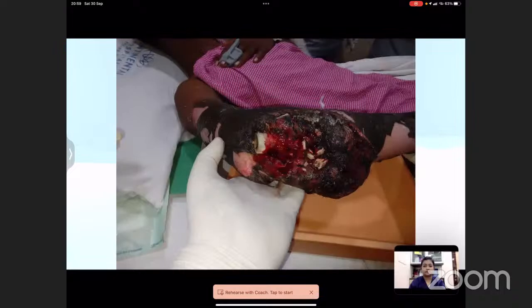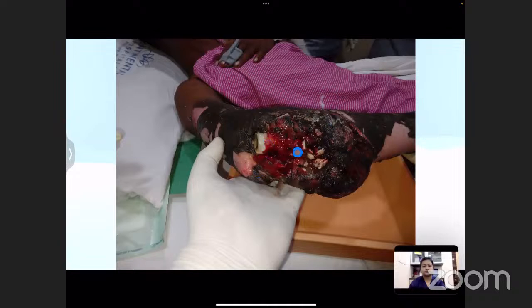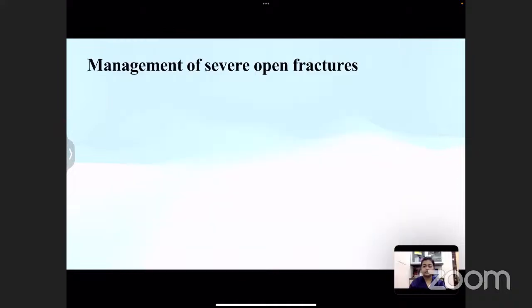So you can see this clearly. You can see the radius is out, and the proximal ulnar bones are shattered into pieces, and you can see all the muscles are exposed, with soot everywhere and burns, and the skin is peeled off. So, management of severe open fractures: